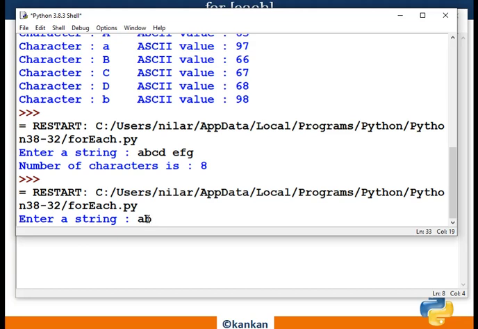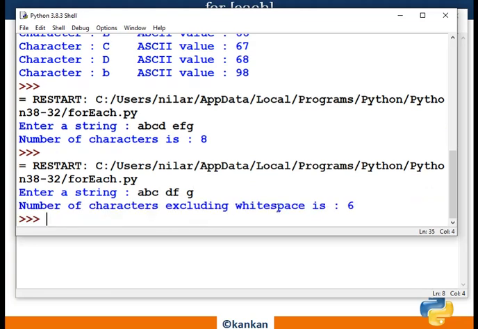A B C space D E space D F G. So there are 3 characters, 1 white space, again 2 characters, 1 white space, and the last character. So there are 3 and 3, that is 6 characters.